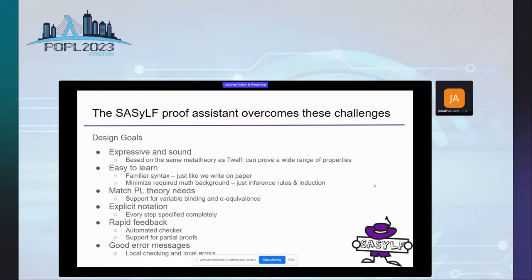So it's supposed to be easy to learn. We have a proof syntax that's just like what you write on paper. And kind of a minimal required math background, just inference rules and induction, which you probably want to teach if you're teaching programming language semantics anyway. We want to match programming language theory needs, so supporting variable binding, so people don't have to do encodings and alpha equivalence. That's all built in. Explicit notation, so every step is specified completely. This is important for